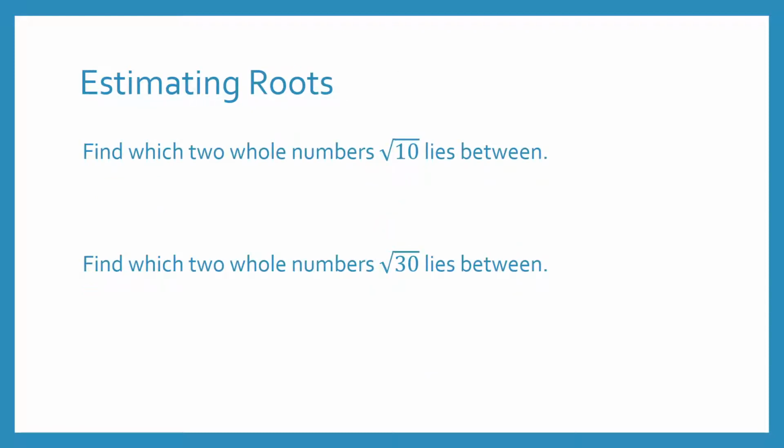One sort of question we could be asked relating to square and cube roots is to find out which two whole numbers the square root of another number lies between. We can't just look at the square root of 10 and tell what it is, because it's not one of the standard numbers. But we do know that the square root of 9 is going to give us 3, and the square root of 16 is going to give us 4. And 10 is between 9 and 16. So we can say that